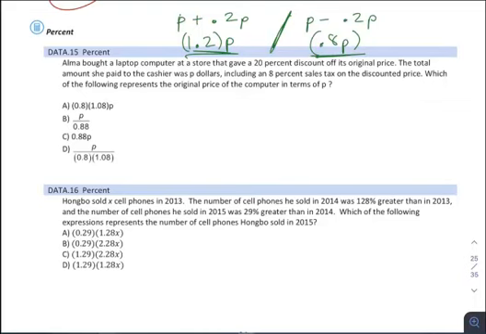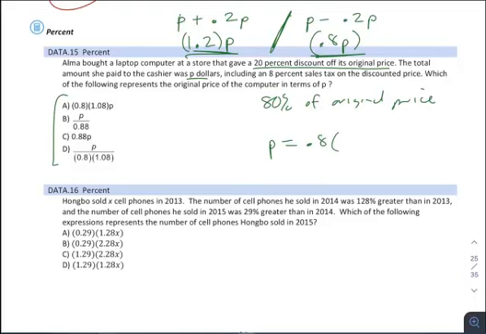So I'm going to talk through this first one, and then I'll have you try the second one on your own. So looking at question 15, we scan the answer choices. We can see that we will likely write our answer just as the calculation itself and not have to do the calculation. But here, if you're reading through and you see that this is a 20% discount off the original price, that means that you're paying 80% of that original price, right? And it says that the total amount paid was P dollars, so P is going to equal 80%